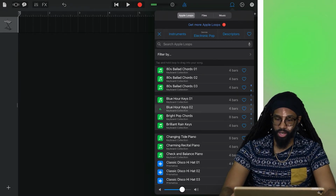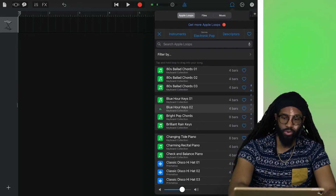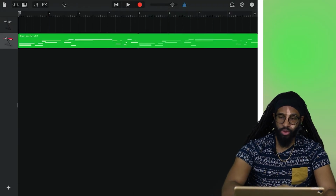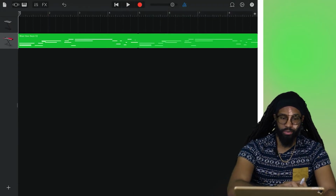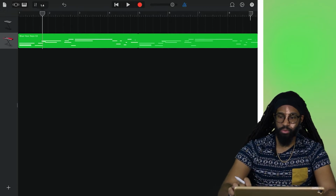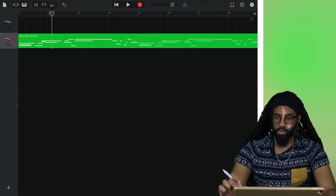Right, okay. This sounds kind of cool. So let's grab this, and you're just gonna hold on it and drag it over. Now the thing is, notice that it takes up the entire screen, but at the top here, you only see that this session is only 8 bars long. And so what we need to do so we can create a full track is click this plus,